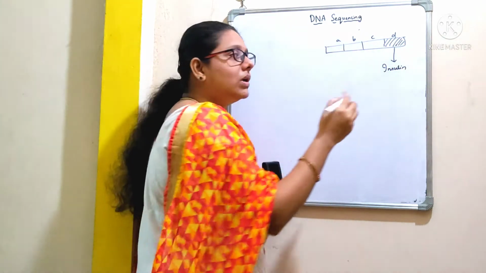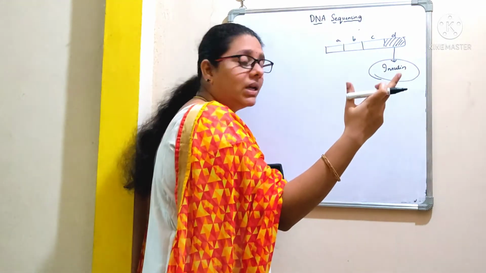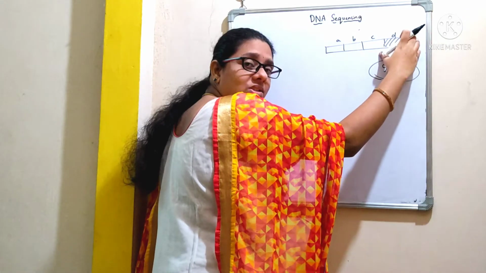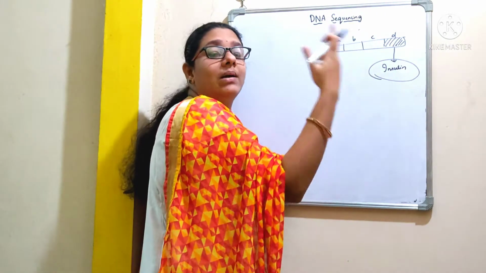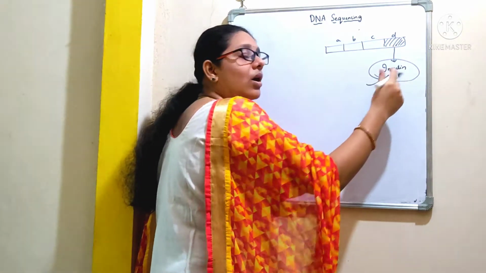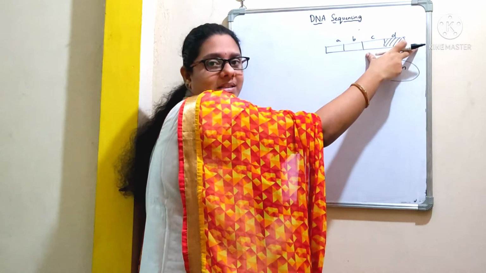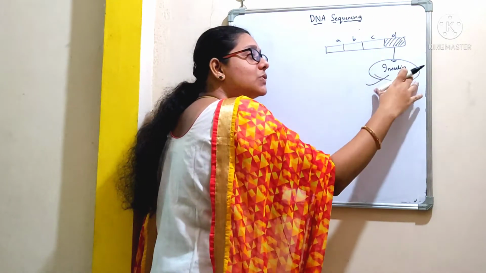I wanted to make a sufficient quantity of this insulin to treat a diabetic patient by isolating this gene and incorporating this gene into a suitable vector to make multiple copies of this gene. At the same time, I wanted to get a product out of it by cloning this gene. How did I come to know that this particular gene codes for the hormone insulin?